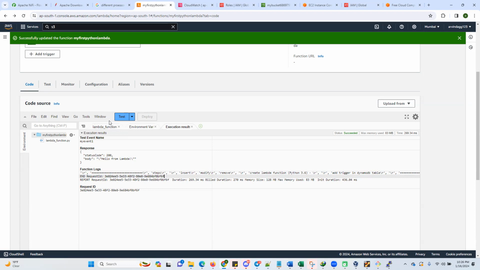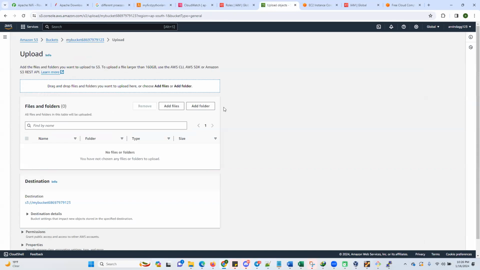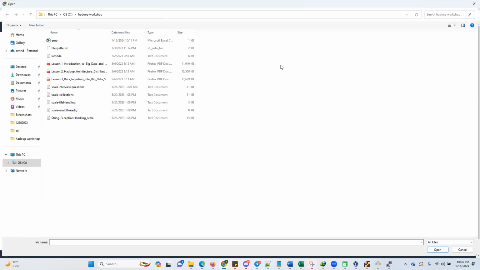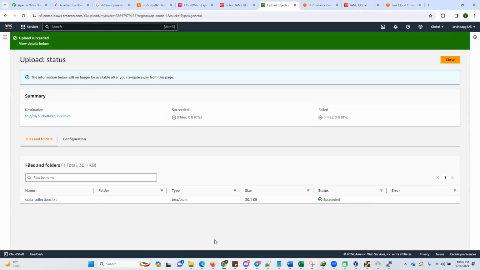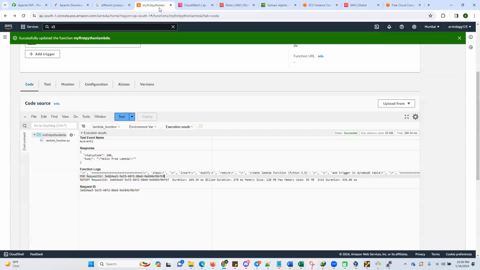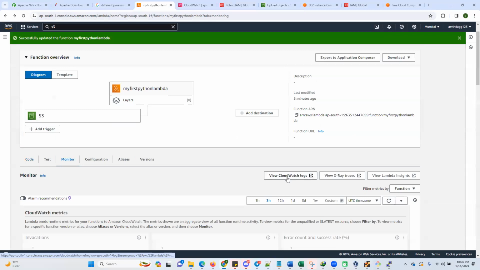Okay. Second way is, whenever I upload any file, it should trigger also. So for that, what do we need to do? I will upload some file in S3 here, like some text file. These are all text file documents. So I will take one text file document and upload it. When I upload this text file, now I verify whether my Lambda is triggered or not. Go to the monitor tab, and in the monitor tab, there is CloudWatch. And if you click here,